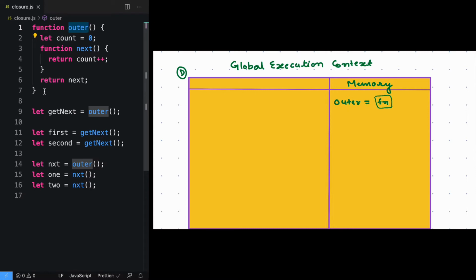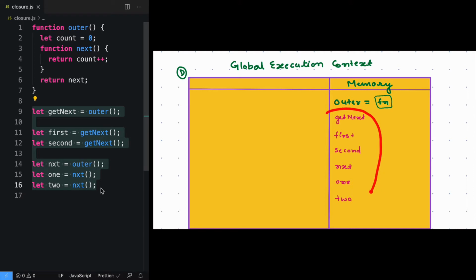We'll skip line number 2 to line number 7 because it's a part of definition. Later on, from line number 9 to line number 16, we can see we have multiple variable declarations and all of them will have the same characteristics. So I'll go ahead and define all of them. So now here we have all the variables declared and there is no value assigned to them because they're all declared using let. So as soon as we are done with that, the declaration phase will be over. We'll move on to the next phase, that is execution phase.